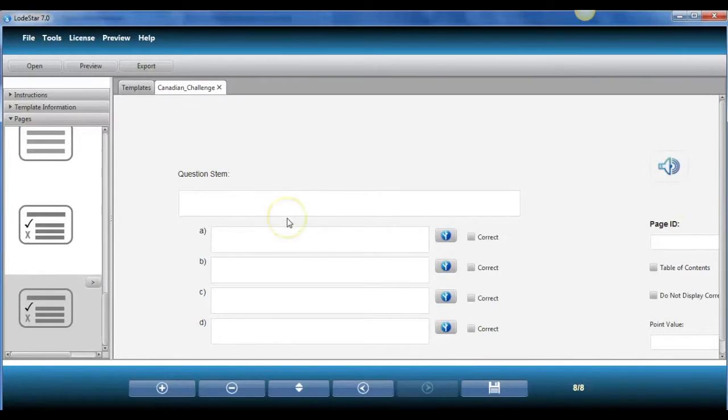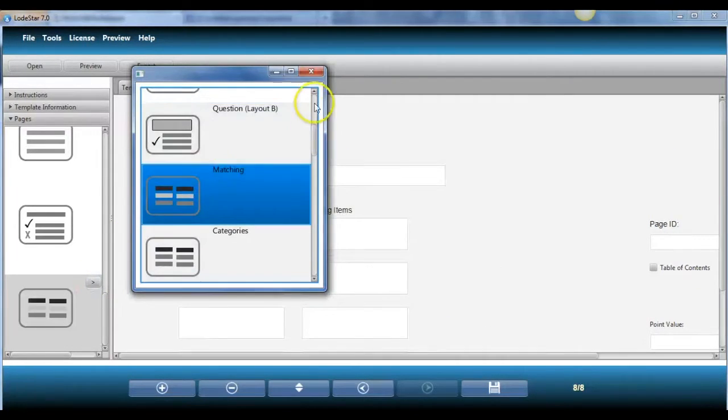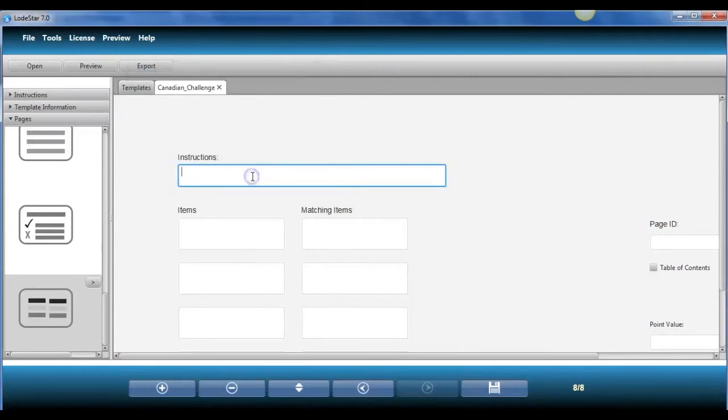Notice it defaults to the previous layout. Let's do a matching this time. So I'll select my layout and click on matching. So I'll say something like match the Canadian city to its province. I'm not sure why I'm capitalizing this, but